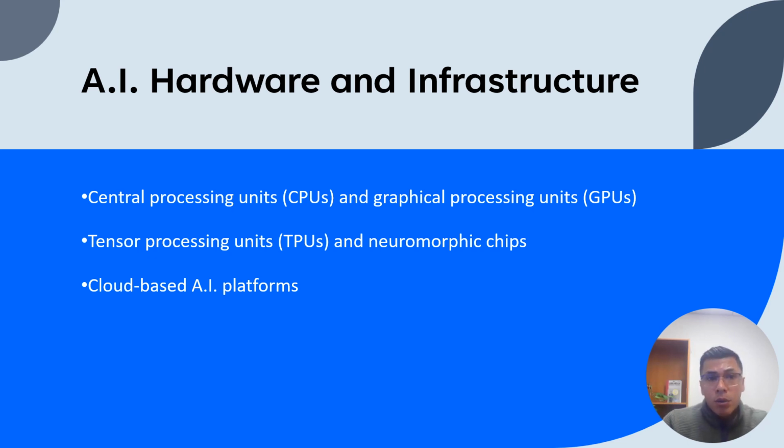TPUs, developed by Google, are application-specific integrated circuits designed specifically for AI and machine learning workloads. TPUs are optimized for low-precision arithmetic common in AI computations, providing improved performance and energy efficiency compared to CPUs and GPUs. Lastly, neuromorphic chips, inspired by the structure and function of the human brain, are designed to mimic the way neurons and synapses work. These chips can potentially offer significant improvements in power efficiency and performance for AI applications, though,